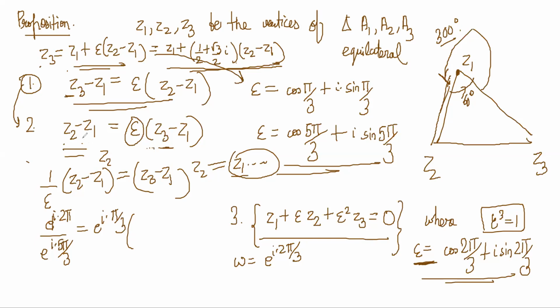So now finally, I will write here Z1, Z2 I will keep here, and Z3 I will write using this in terms of Z1 and all. Basically, it's just a matter of simplification. If you check on some triangles, it will come out. So let's just verify it at least. Take any arbitrary triangle, equilateral triangle it should be. Okay, so tell me the coordinates. You guys tell me the coordinates. Any triangle, equilateral, right?